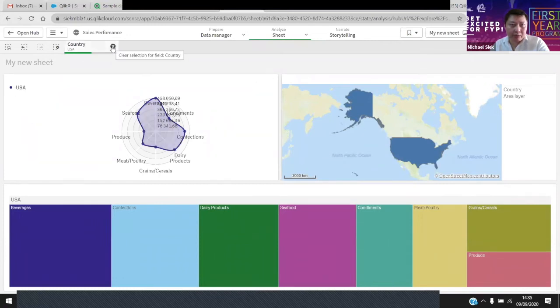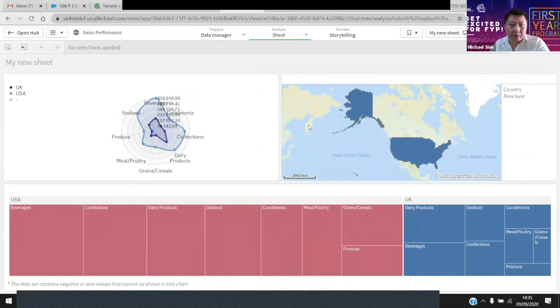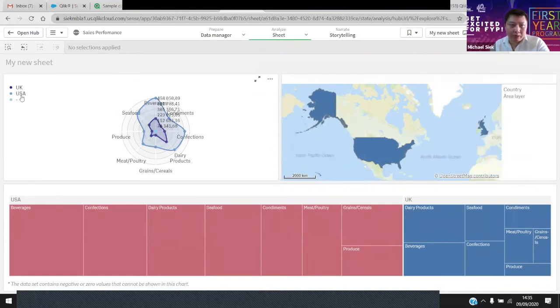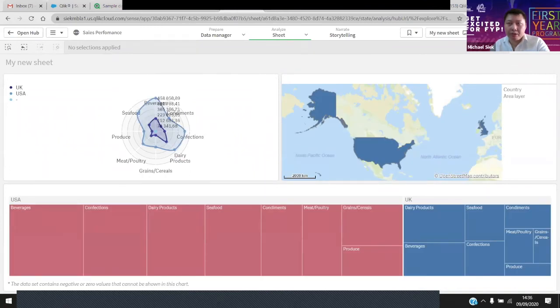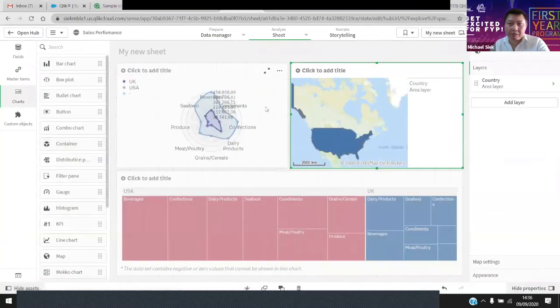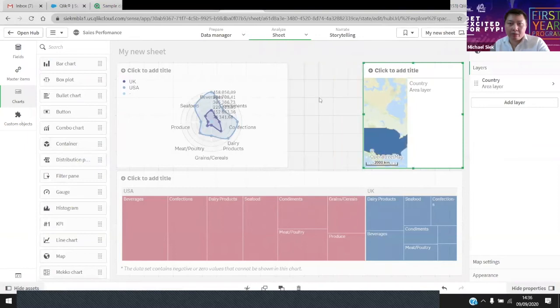And if I remove the USA selection, it will show all the countries. Let me select UK now. So UK will be shown. You can click back with edit sheet